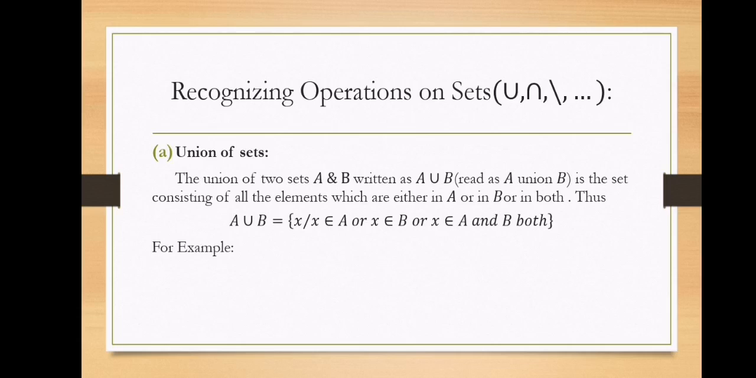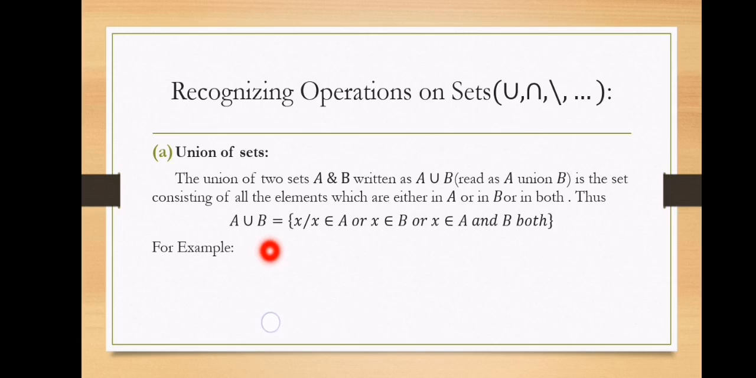Thus we write A union B as x such that x belongs to A or x belongs to B or x belongs to A and B both. Means to say, if A is empty and B is equal to 1, 2, 3, then obviously the union of A and B would be 1, 2, 3. Then here we can say that the union is merely from B. So in that particular possibility, we can write that if one set is empty and the other is including some elements,